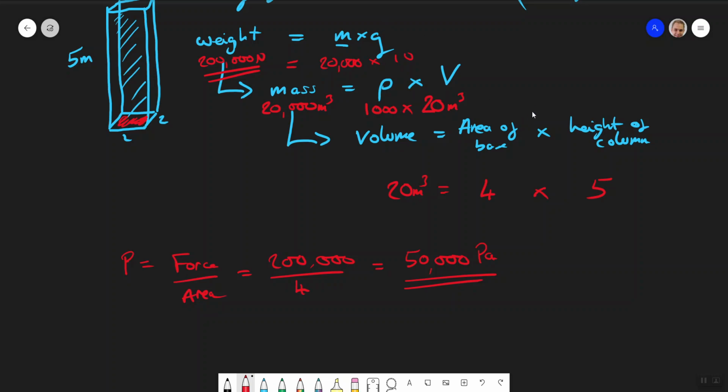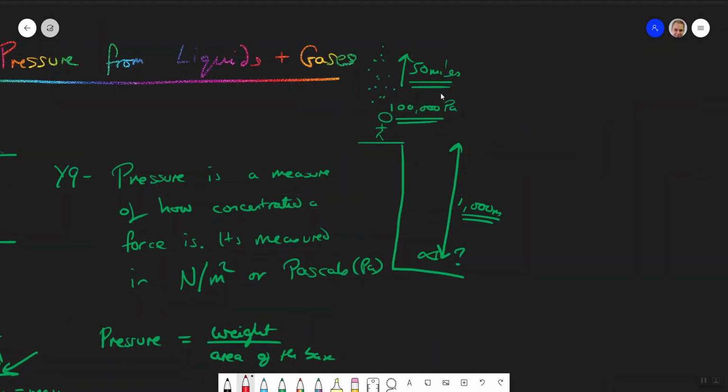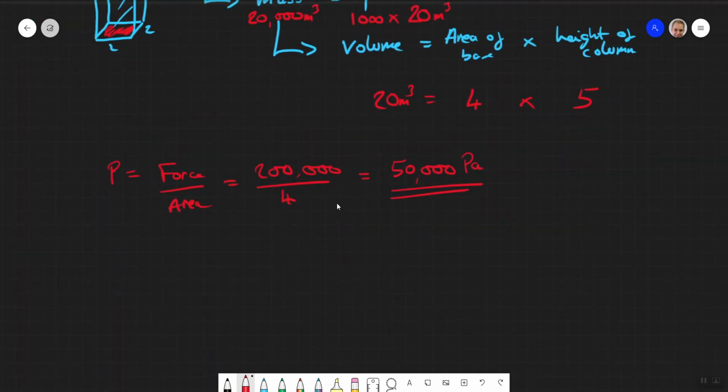And that is a big number. Remember, that is 5 meters of depth, and that's like half of what I'm experiencing due to the 50 miles of air above me. So that's only 5 meters. Oh my goodness, this is because water is so much more dense than a gas. So we end up with this big number for just 5 meters. We've got to go 1,000 meters down. Ugh, that's scary.